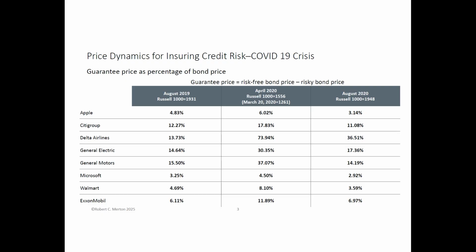Now, the next thing I want to show you is real-world characteristics. I took the COVID period. I took eight companies that you all recognize, Apple, Walmart, et cetera. Delta, General Motors, household names, not some strange or small thing, who have actual bonds outstanding. Real bonds.